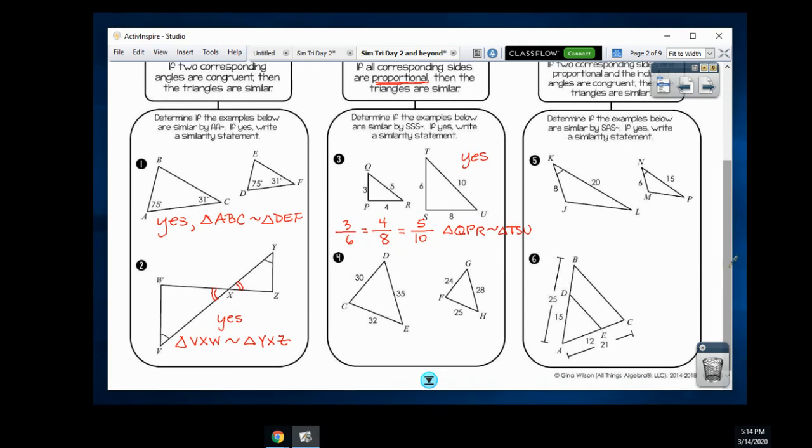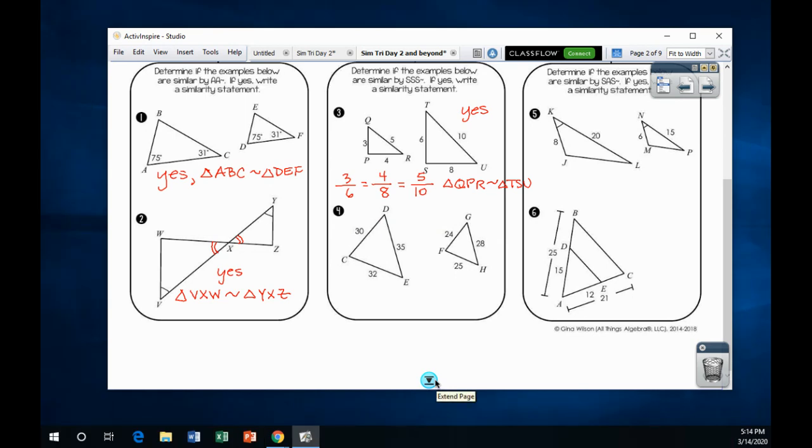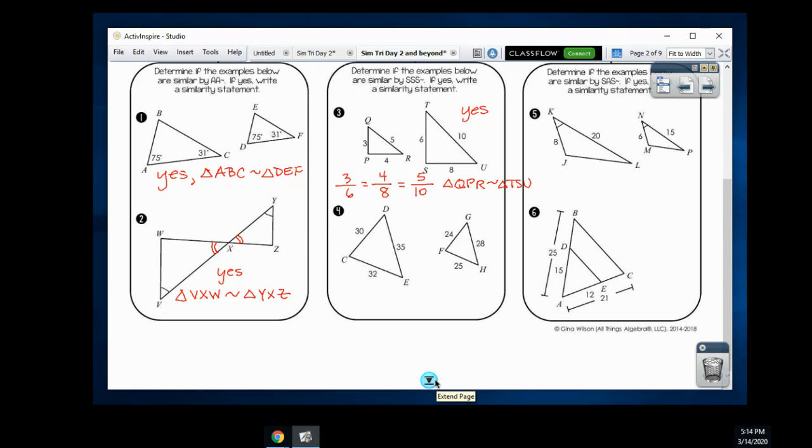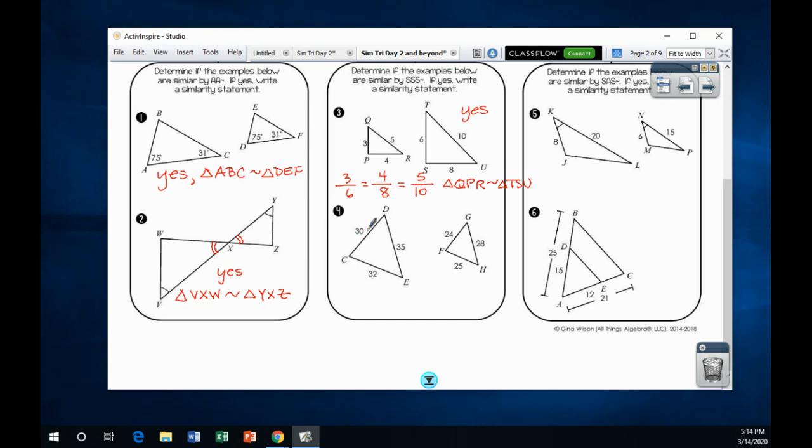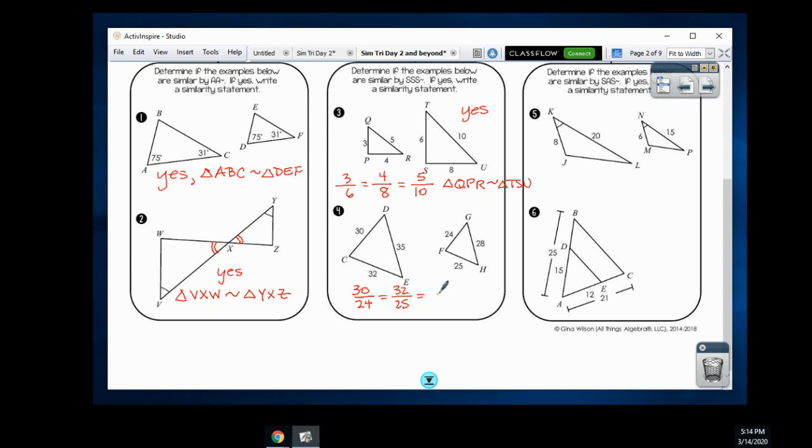All right, look at number 4. We'll move this up just a little bit, okay? These two triangles appear to be oriented in the same direction. So we would assume that 30 and 24 are corresponding sides, and 32 and 25, and finally 35 and 28,